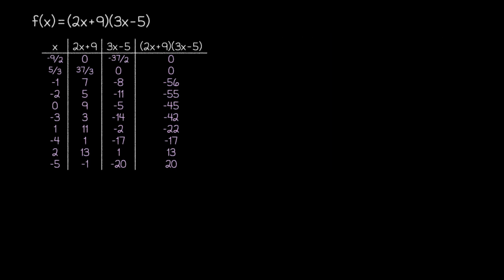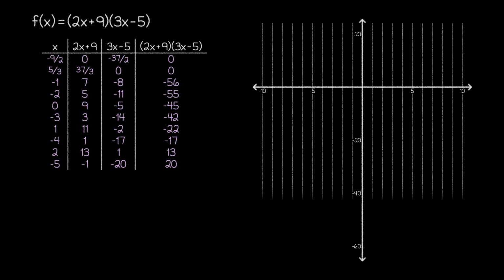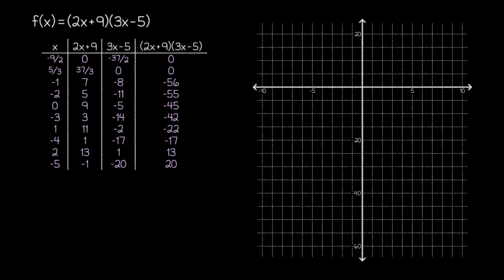Since zeros are such an important part of our understanding of factored form graphs, we kind of want to keep these zeros visible in our graphing area in addition to showing the vertex area. Thus, we'll actually leave the x-axis at the same scale while adjusting the y-axis to give it enough range to show the vertex and the zeros. Once we do that, we're able to plot the points that we found previously and draw our parabola.